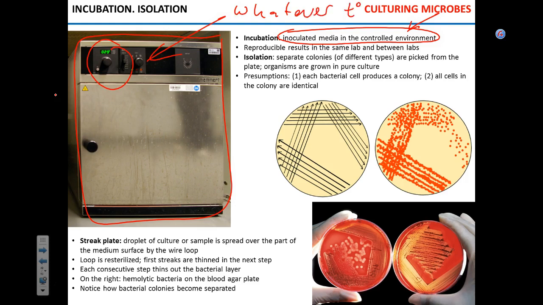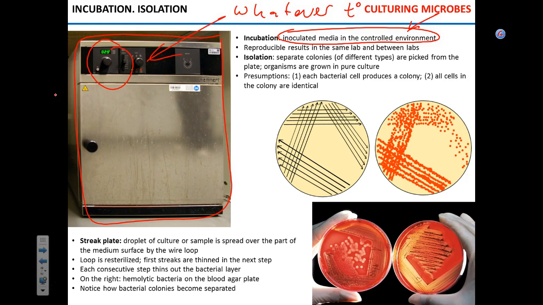There are microorganisms that are found in the hot springs or in Mono Lake in California. Those are pretty hot places. You cannot grow them at 37. They won't. Okay? So for them, the incubator is set for, I don't know, 70, 80 degrees Celsius. The point is, it is a controlled environment,